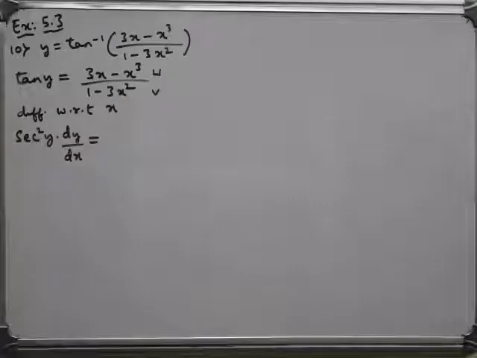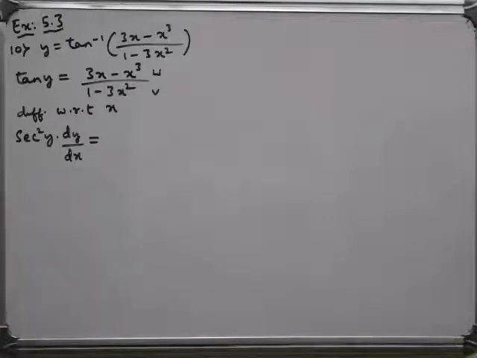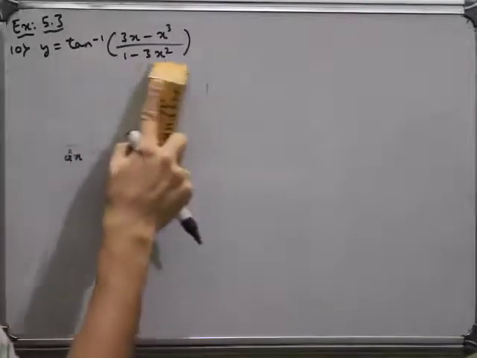But that will be a lengthy procedure. If you miss out on any minus or plus signs, you will end up getting a wrong answer. And also you have to make some substitution for the value of secant square y. So in order to avoid all those things, we will substitute directly. We will assume some value for x and then apply the trigonometric formula to get some result, and then we will differentiate. Okay, let us see